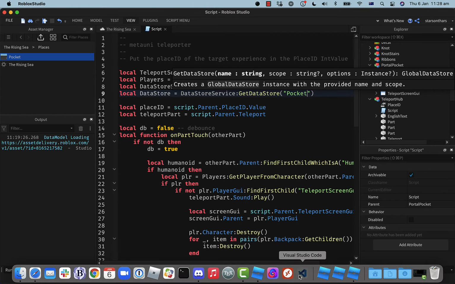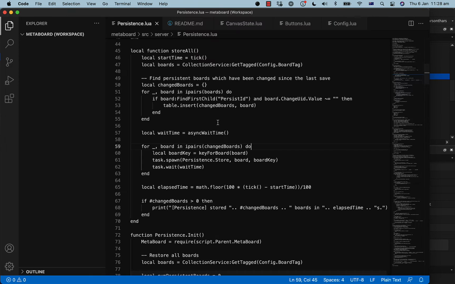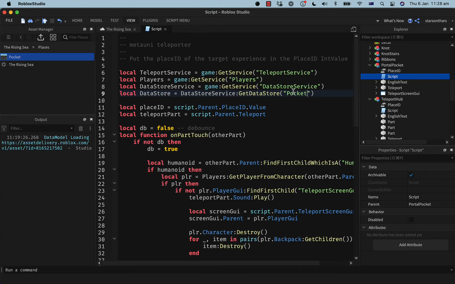That's our convention for data store names. Things are just, like metaboard for the other one, right?